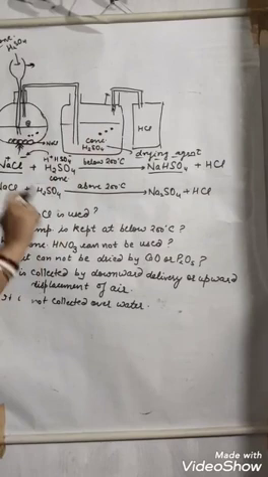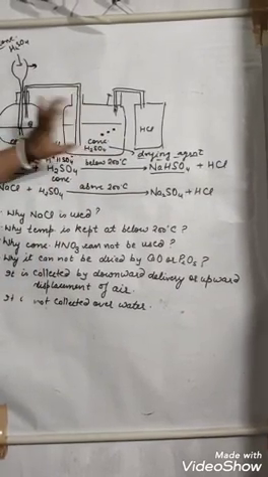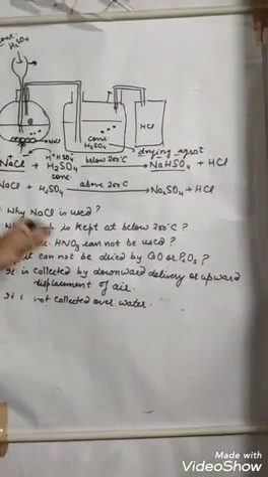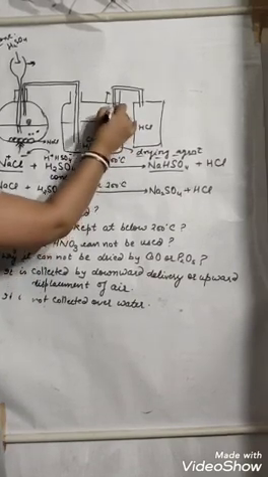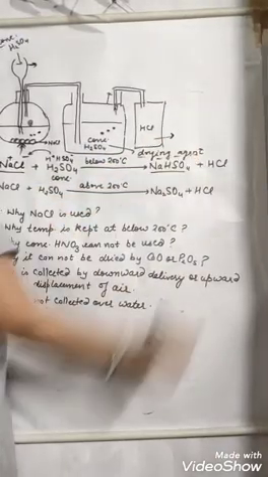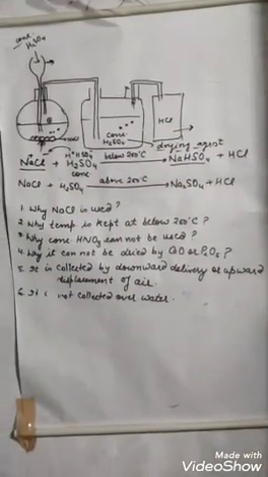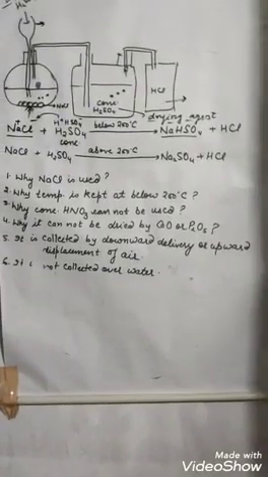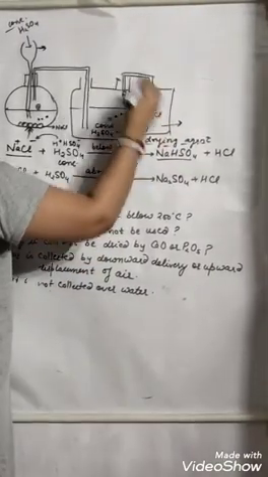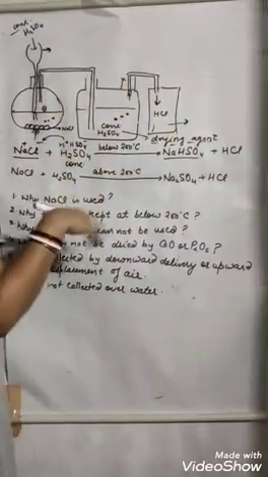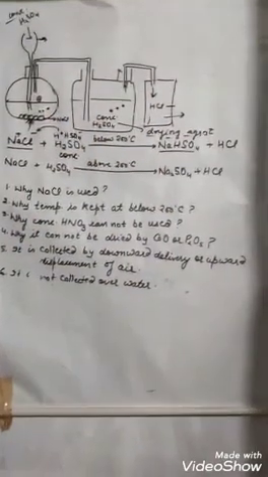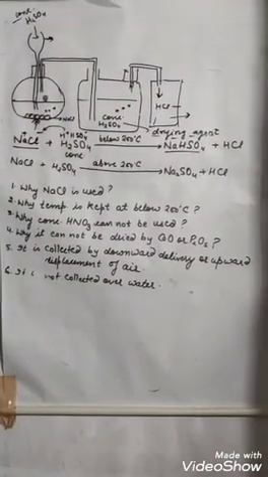So this concentrated H2SO4 will dehydrate it, dry it, and all the water vapors, all the moisture, all the air will be removed. And from here, it will go through this delivery tube to this container in which we will collect it. The method of collection of HCl is by upward displacement of air. It will come down because it needs some space, so it will push the air out. It is upward displacement of air. Alright. Why is it collected by upward displacement of air? Because it is heavier than air.